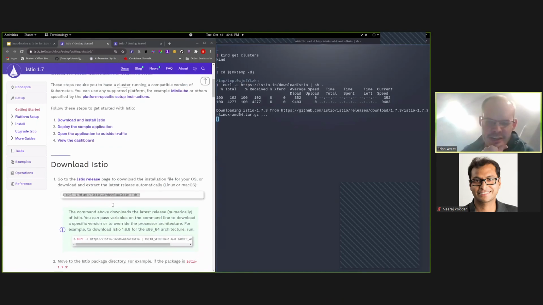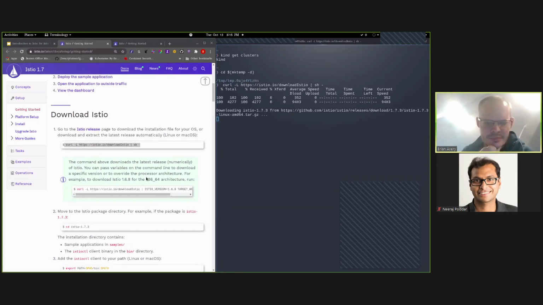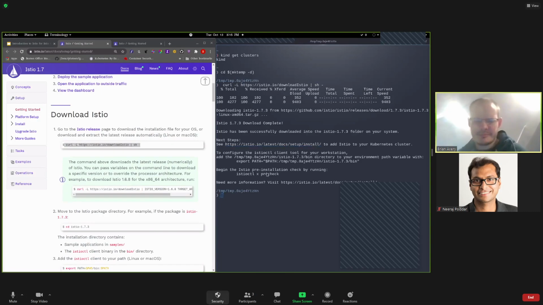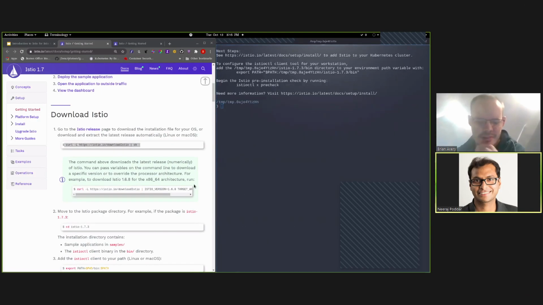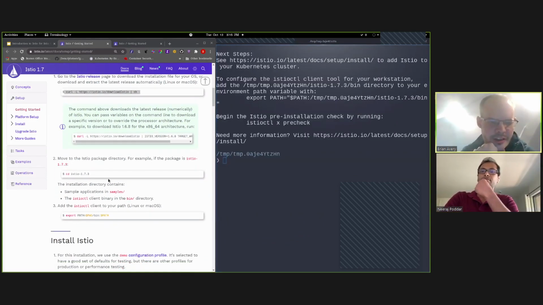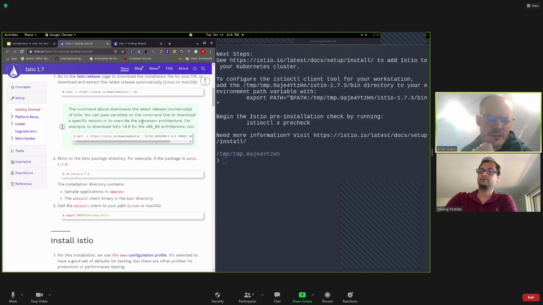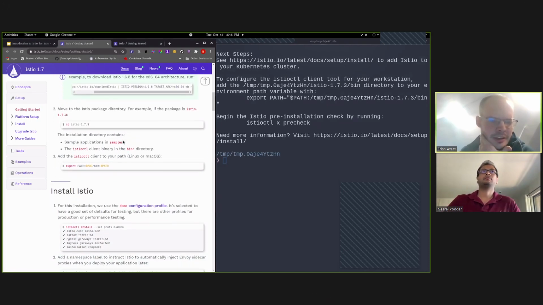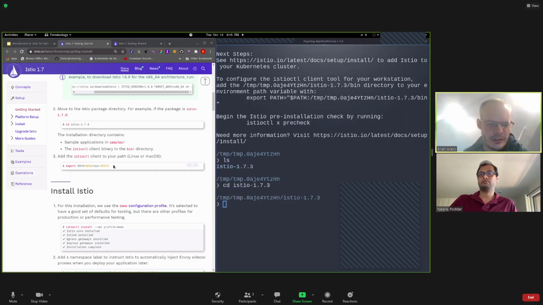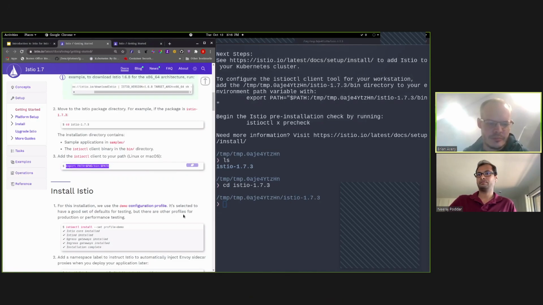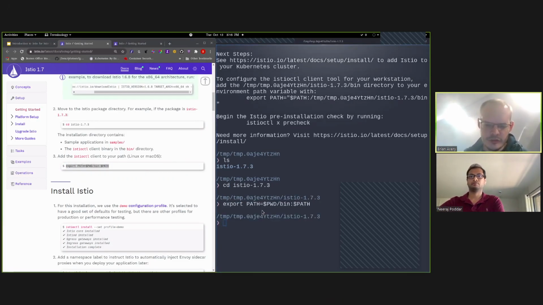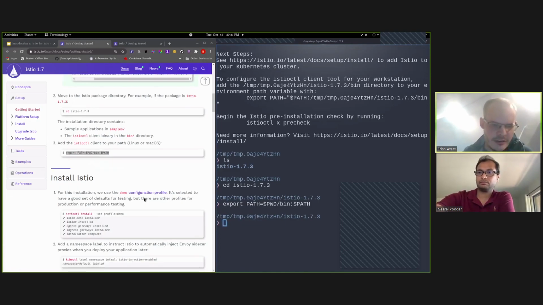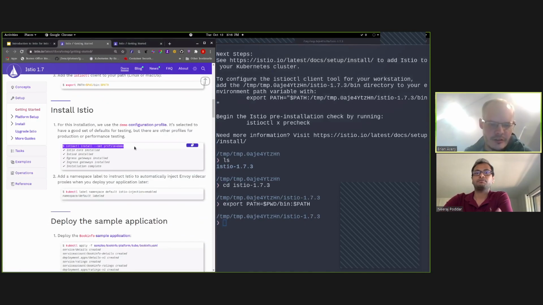Okay, so right now I'm downloading Istio. Can you see my screen or my terminal? Yes, we can. Okay. So I'm just done. This script right here just downloads the latest version of Istio. If you want to use another version, you can use the Istio version flag here, but for now, we'll just use the latest. Okay, so next step is move to the package directory. So we have the Istio 1.7.3 directory. Export PATH equals $PWD/bin, which just adds the istioctl command to the path. And now you can do